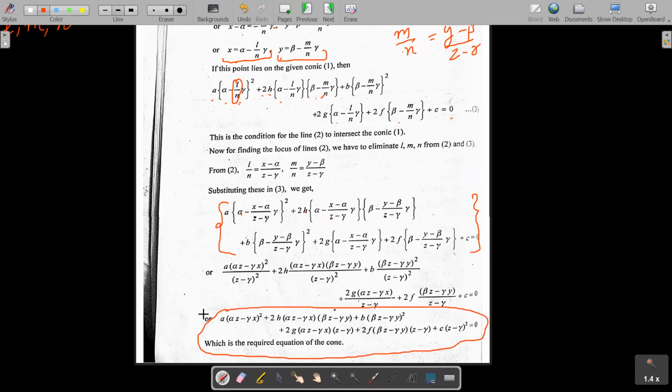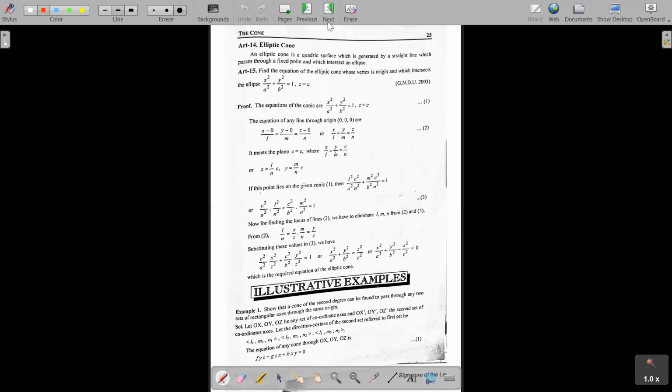So finally, this is the required equation of the cone, right? So obviously we don't need to remember this equation. We should know the procedure. So basically, हमें vertex given है. We can take any point on the generator. We can write the equation of the line with the direction ratios. Now we know this line intersects the guiding curve. तो हम सिर्फ line के ऊपर से general point निकाल के guiding curve में put कर देंगे. So that will be the equation, और उस equation को हम simplify कर देंगे और जो unknowns हमने अपने आप से assume करे हैं, हम उनको eliminate कर देंगे.